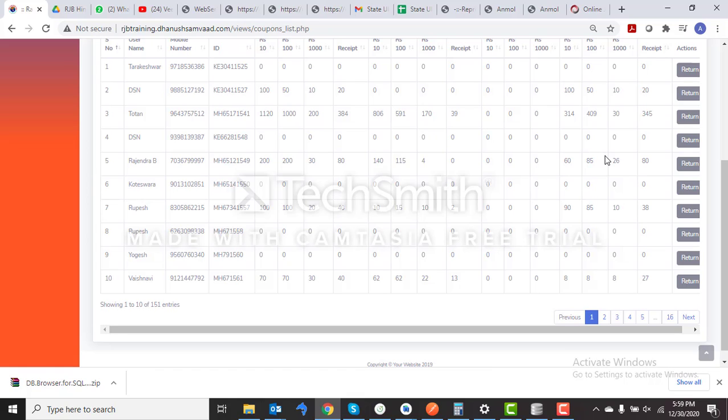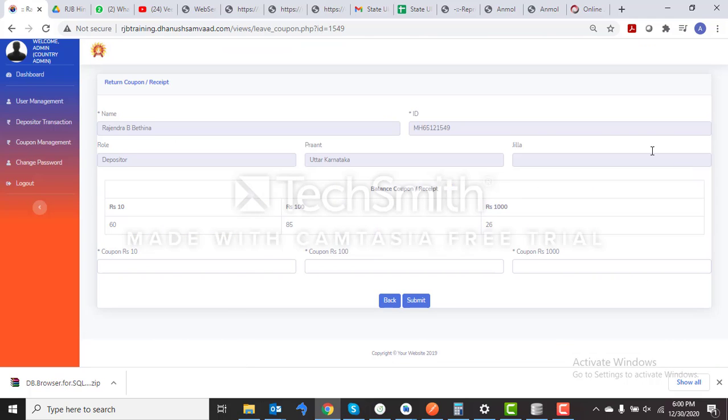So after the end of the Abhiyan, these depositors can return back the coupons or receipts to the Jilla, and afterwards it can be handled in the application by clicking on this return over here. In this return, we can add the information of the number of coupons or receipts returned.